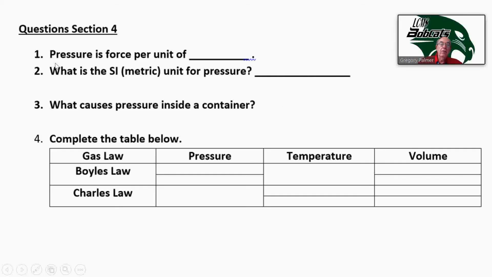All right, so the first question here is the force. Pressure is the force per unit of area. And as I explained, if you take something and you apply the same force over a tiny area, this is why nails work. So the top of the nail has a big area where you're going to hit it with a hammer, and the point has a small area where it's going to go through the wood, for example. So when you apply the force of the hammer to the top of the nail, the pressure on that one point where the nail comes to a sharp point is much greater than the